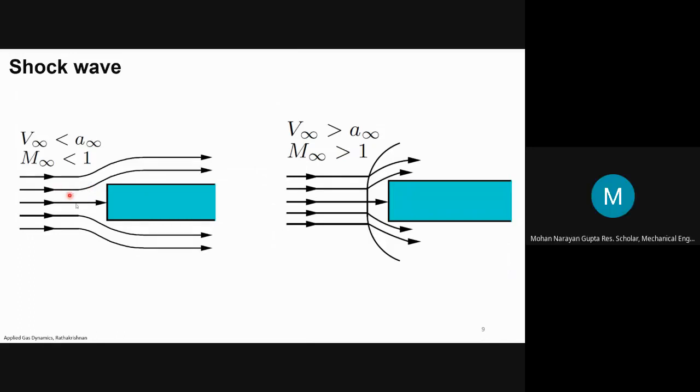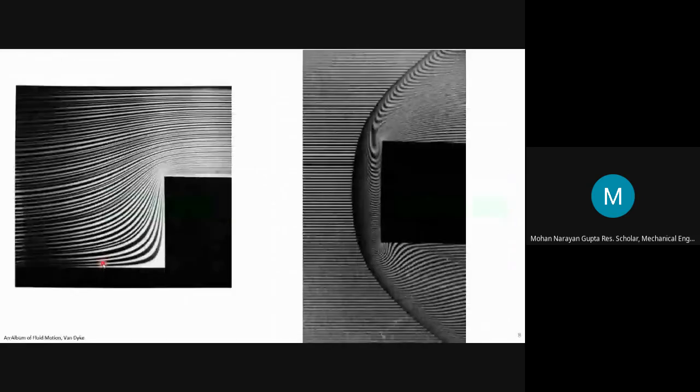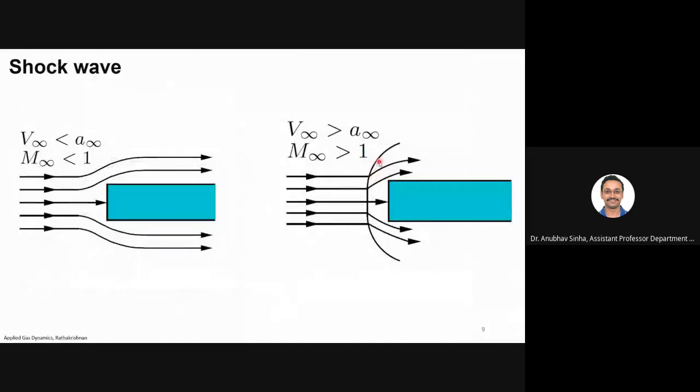Sir, is there any specific term, like in supersonic we have called it shock? Is there any specific term in subsonic too, for converging streamlines, for denoting it? Yes. See, shock is not for the converging streamlines. Shock basically tells you that before the shock front, the free stream fluid has no information that the object is here. That is one feature of shock. That sort of thing is not there in subsonic.